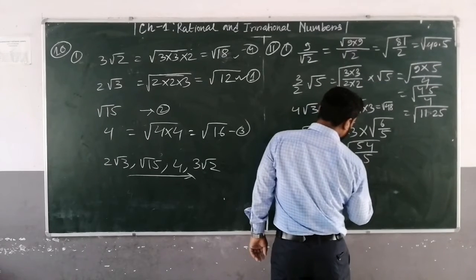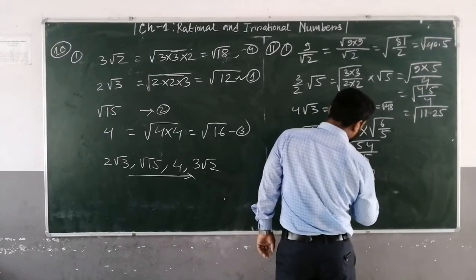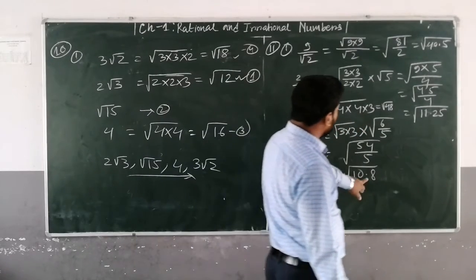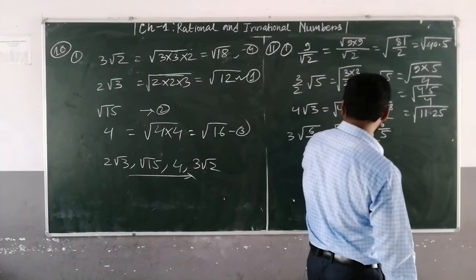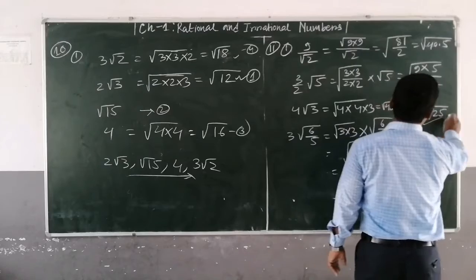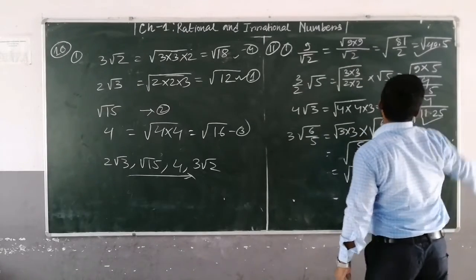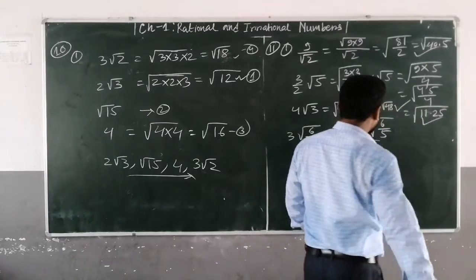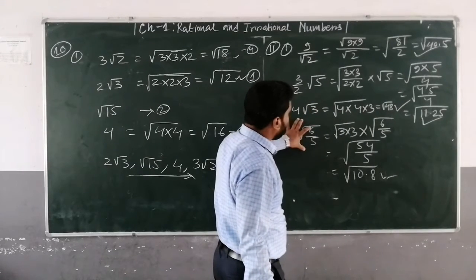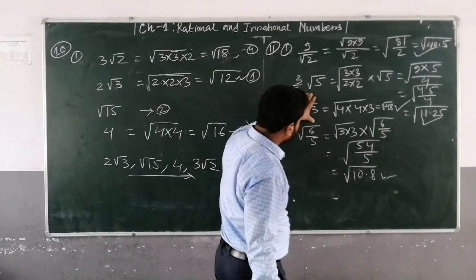So this is 10.8. From lowest to greatest, the lowest is 10.8, I think. Yes, 10.8, so this is the lowest. Then 11.25, then 40.5, then 48. So 3 into under root 6 upon 5, then